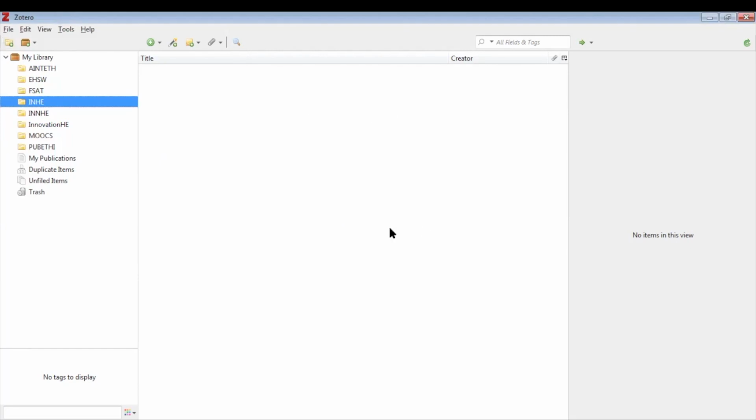Now this folder can be used by me in order to get research articles in this. So how does it work? I have three papers already lined up which I can put here, which I think can help me in my project and that I want to cite in my work. So how can I do it? I'll just show it to you.